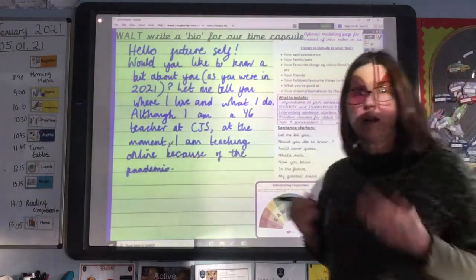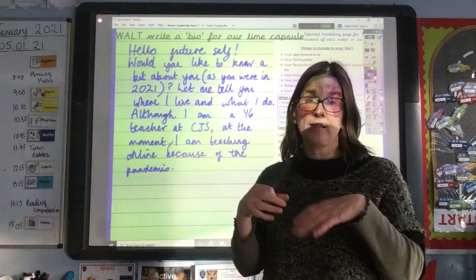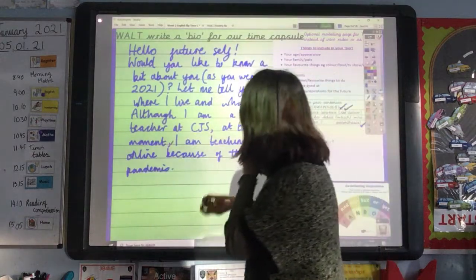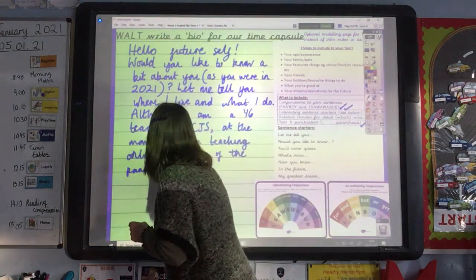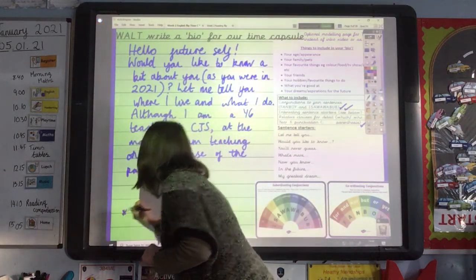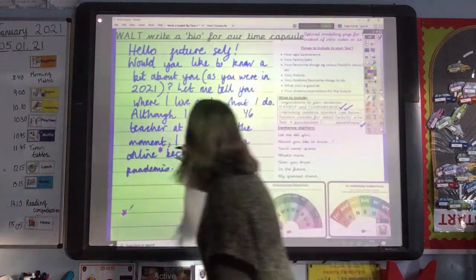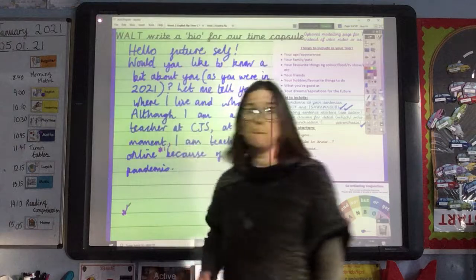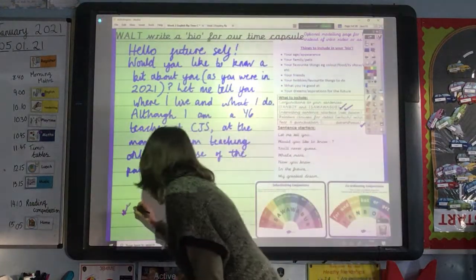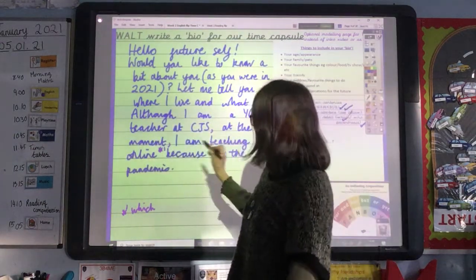of the pandemic. I'm thinking I haven't got any relative clauses in there yet, and if I wanted to make my sentence even longer and more interesting for the reader, I could put a relative clause in around here. So I'm just going to write that at the bottom of my page, or if it was you, you could write it on the right-hand page like we do in school. I'm just going to put a little 1 there, or you could write M1 like we sometimes do in school. And I'm going to put in a relative clause to give more information, so I can tick that off as well. I'm teaching online,